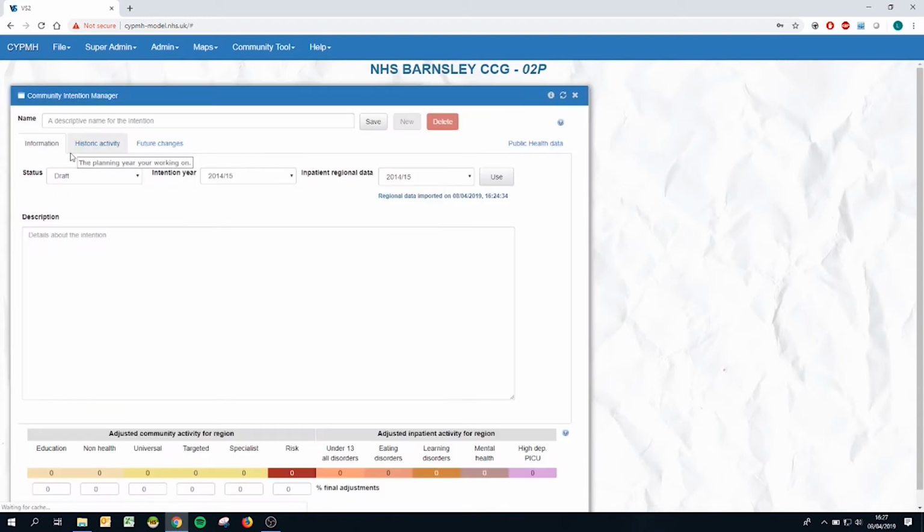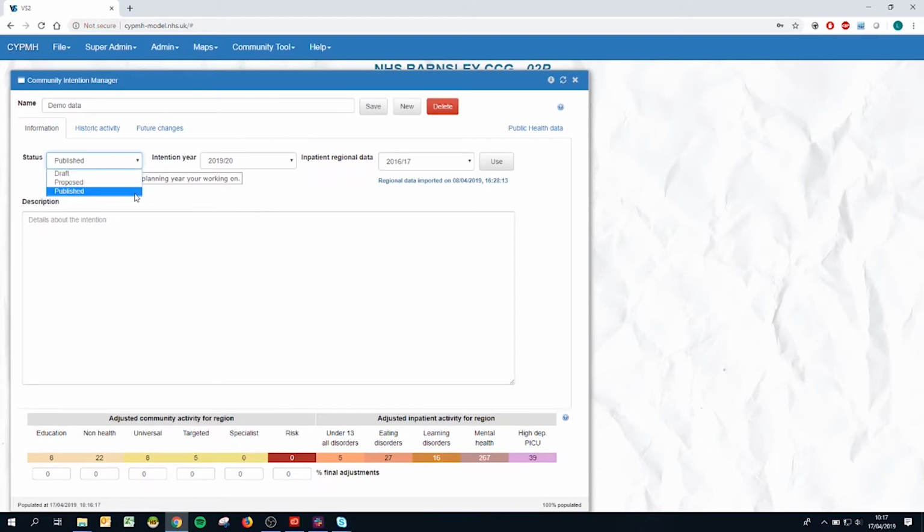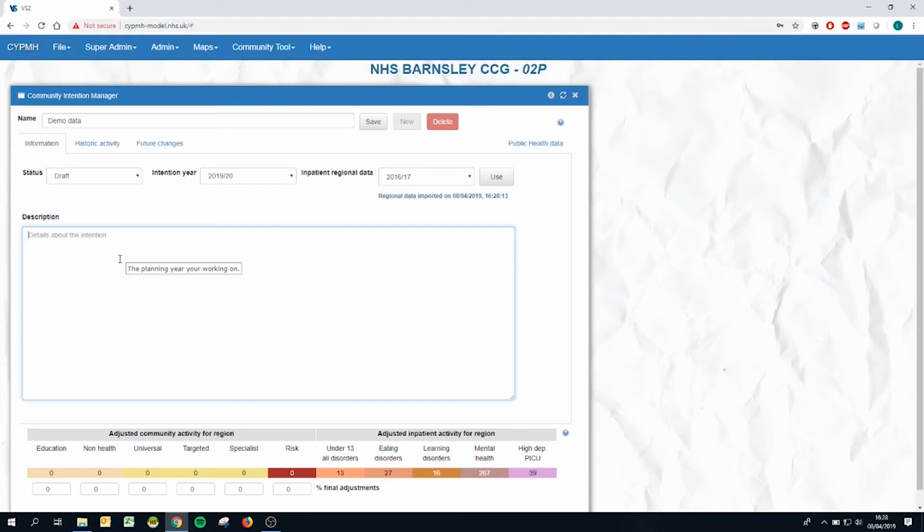Click on New and give your dataset a specific name. On the Information tab, you will need to select the intention year, so this will be the year that you are working on, and also a status, whether it's draft, proposed or published. These options won't affect your activity, however they're provided to help you label your modelling and to enable you to distinguish between how advanced the modelling concept you're working on is. A description can be added to provide any background or additional information to anyone who might want to use the data. Once you have set up your intention, you are ready to begin adding some data to it via the